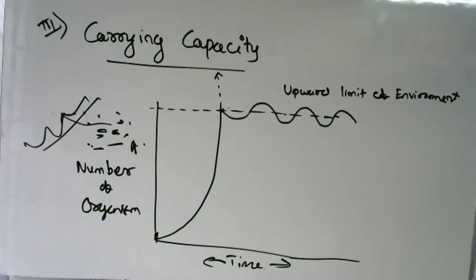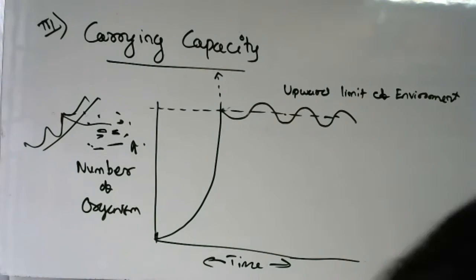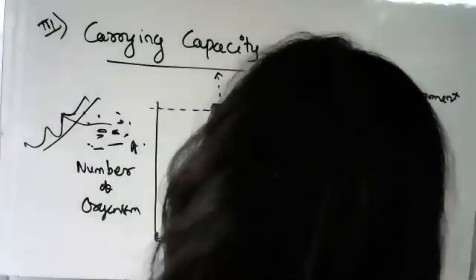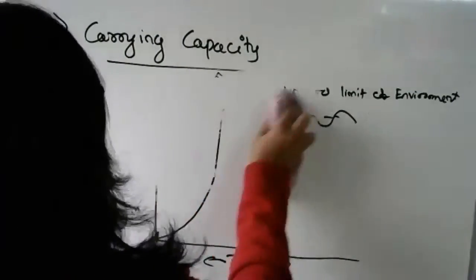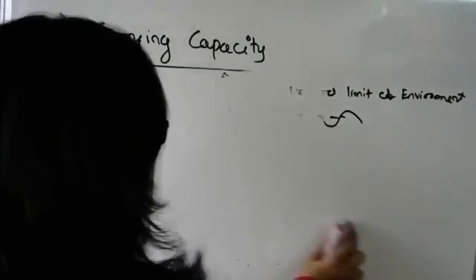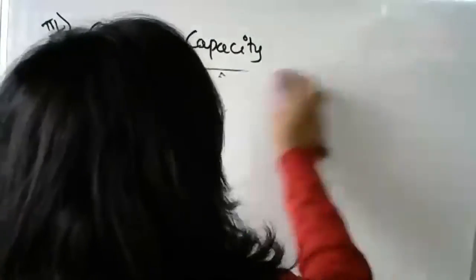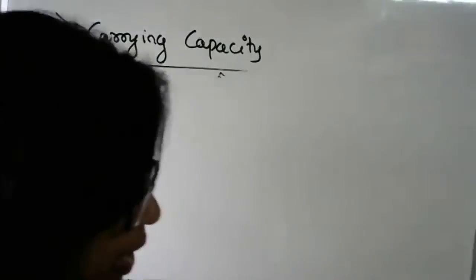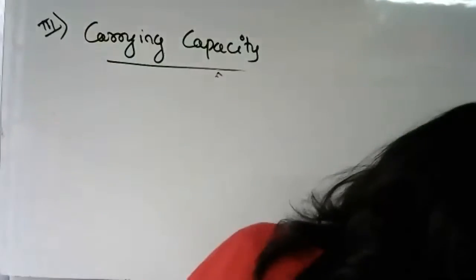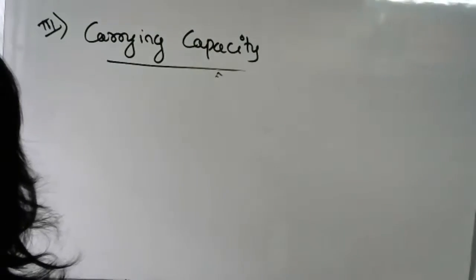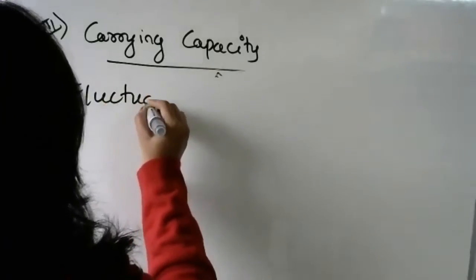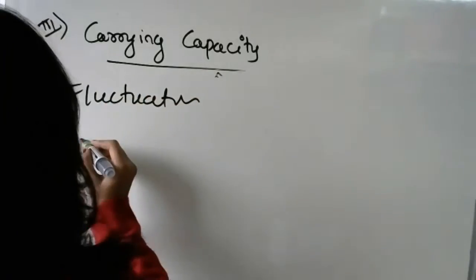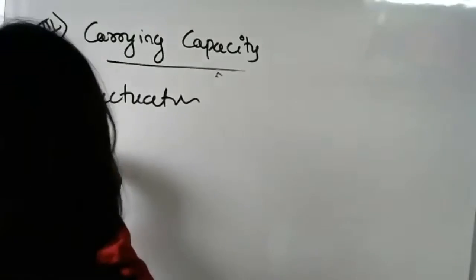Okay, so now one more thing I'll give you is population cycle. This is fluctuation I told you. Carrying capacity comes in all of this. After fluctuation I'll give you the cycle. Why is the population fluctuating, and the cycle is fluctuating. First is why fluctuation happens, and the second is the cycle of those organisms. That's a population cycle.